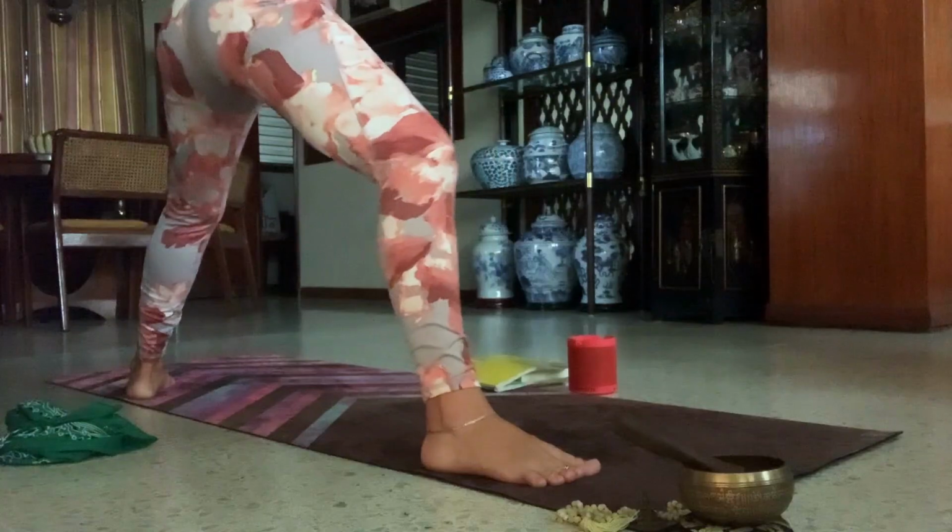Breathe. Lower down. 6, 5, 4, 3, 2, and 1. Push through the hips, stretch your legs up, release the hands, and turn the feet parallel to